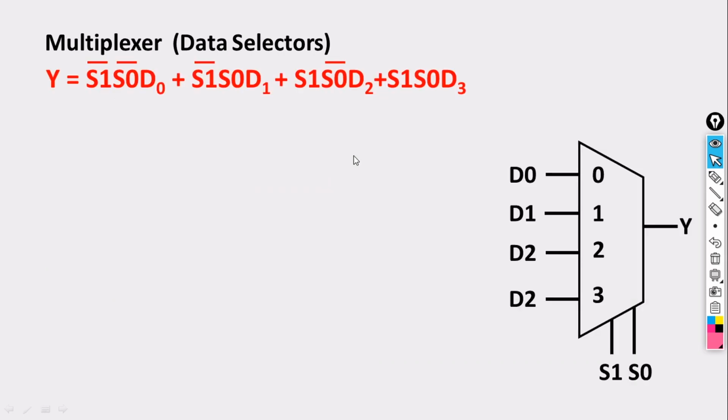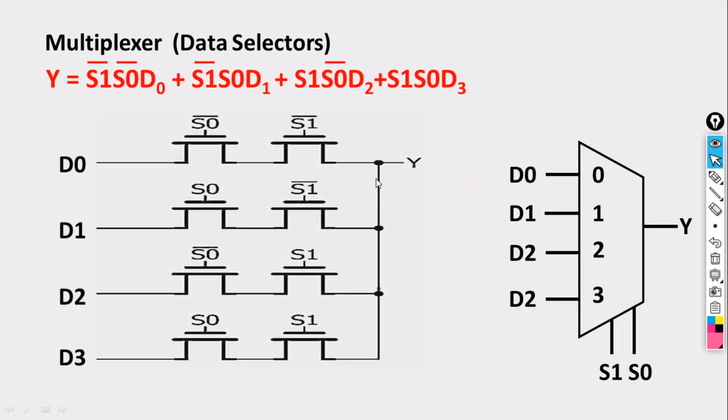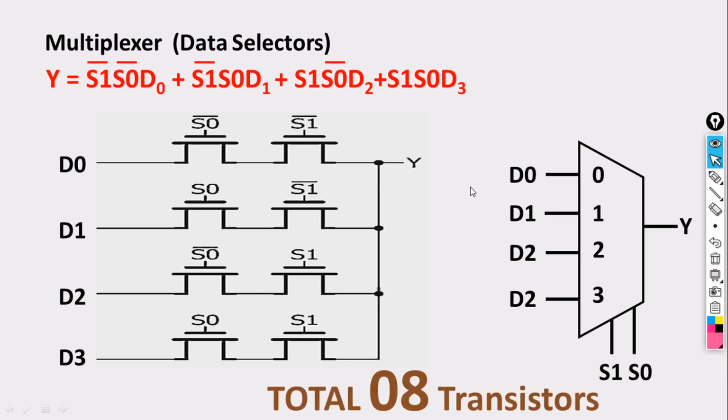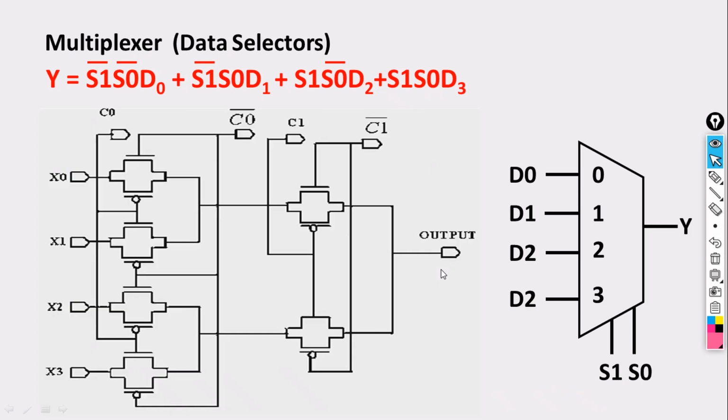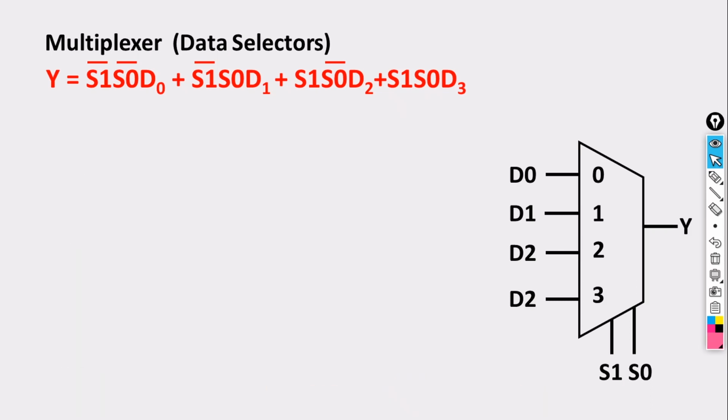Now if I take it in terms of pass transistors, it is going to be 8 transistors which are required. Again the same problem, the output is going to be degraded, so it is not highly recommended to go for pass transistor logic. Even though the number of transistors is much less, it is better to go for transmission gate. As you can see over here in the previous slide,